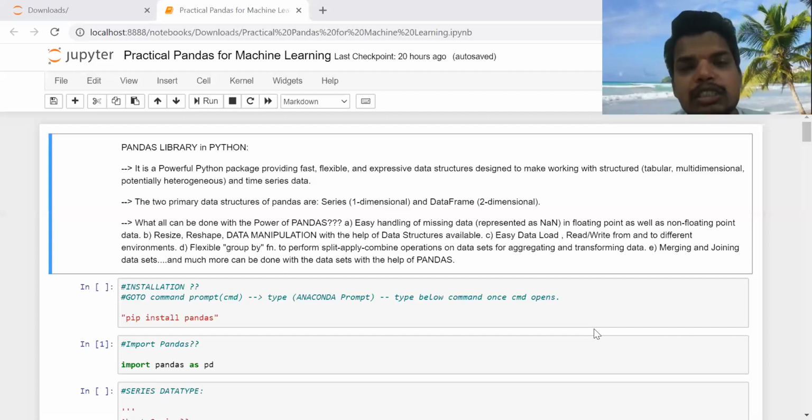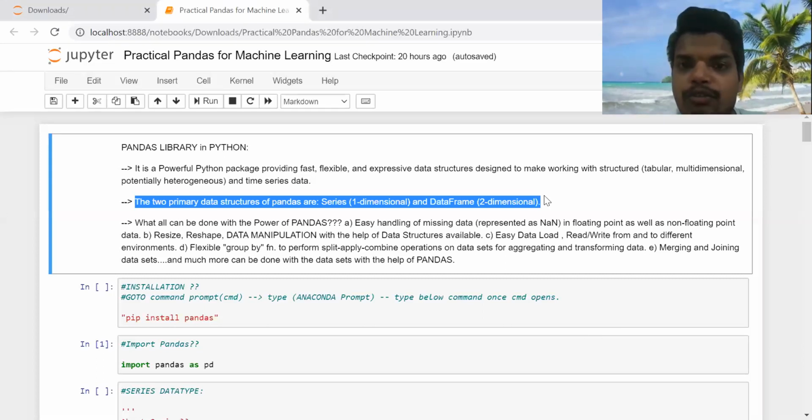Basically, the most commonly used data structures are the series data structure, that is one dimensional, and the other is two dimensional, that is data frames. Okay, so these are the two primary data structures with which we most often work.